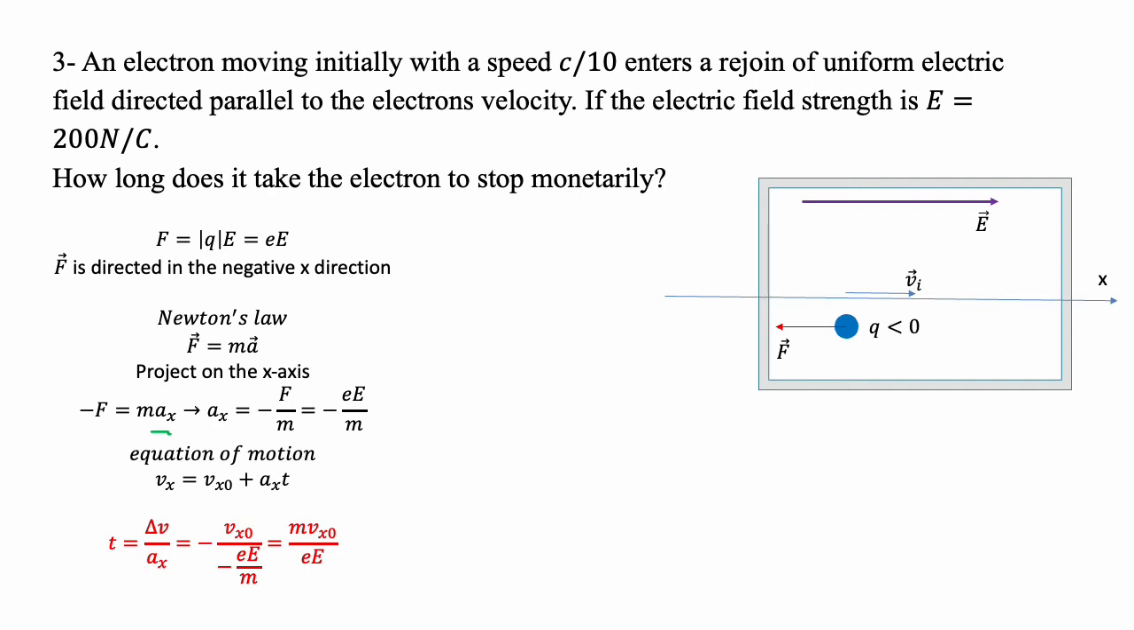When a particle has constant acceleration, it has an equation of motion. V in the x direction is equal to Vx0, or Vx initial, plus the acceleration times time. So I take this to the other side, and I get delta V. Now I want the final V to be to stop, meaning I want to take Vx final equal to